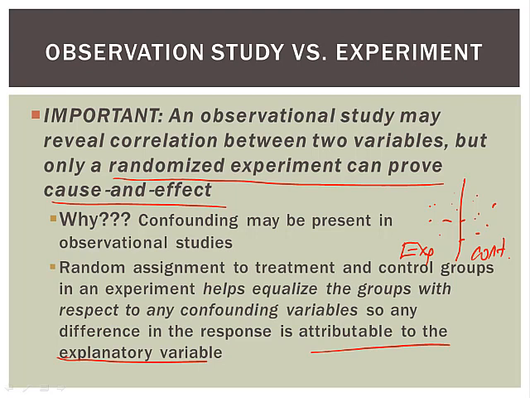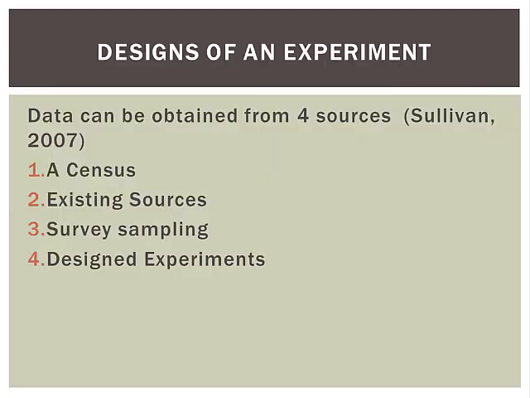A census is a list of all the individuals in a population, along with certain characteristics of each individual, right? Like the cost of the 2000 census was about $6 billion. And because the cost is so high, most researchers obtain data through existing sources, survey samples, or design experiments. Existing sources, so if data already exists from a prior survey, this could be used, right? We don't want to collect data that has already been collected. Now, the survey sampling and design experiments, the third and fourth one, are what we're going to be doing in